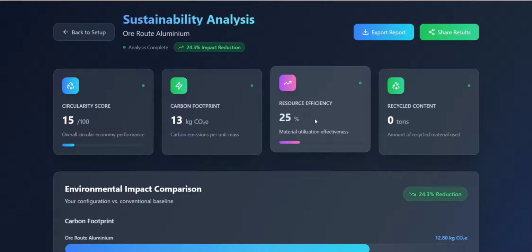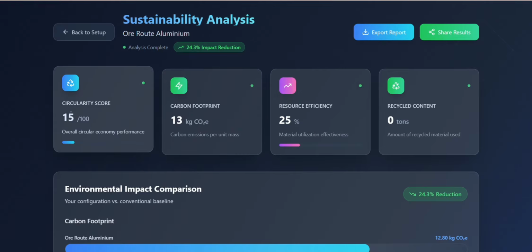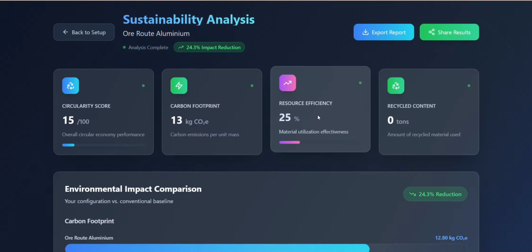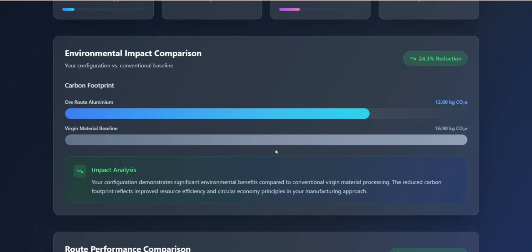Resource efficiency basically shows how effectively resources are used. The use of recycled content, for example, makes a process highly resource efficient. And in this case, as you can see, the circularity score is really low because we have used coal and the ore option, which is really energy intensive, and also it emits a large amount of carbon into the atmosphere, decreasing the sustainability. That's why it is so low, and the carbon footprint significantly increases,